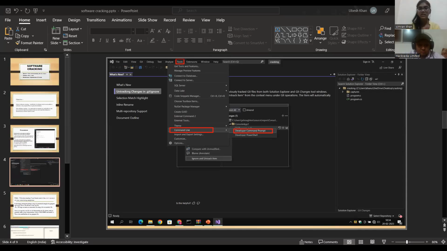Now to check what files or folders are present in this path, we will simply use the directory command. So here we have program1.c. Now, firstly, we will compile this program using the command cl. And to convert it into exe, we have some different keywords.